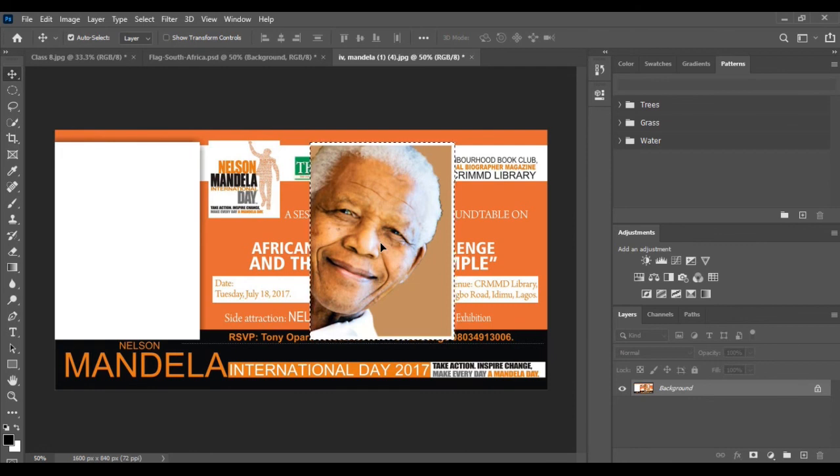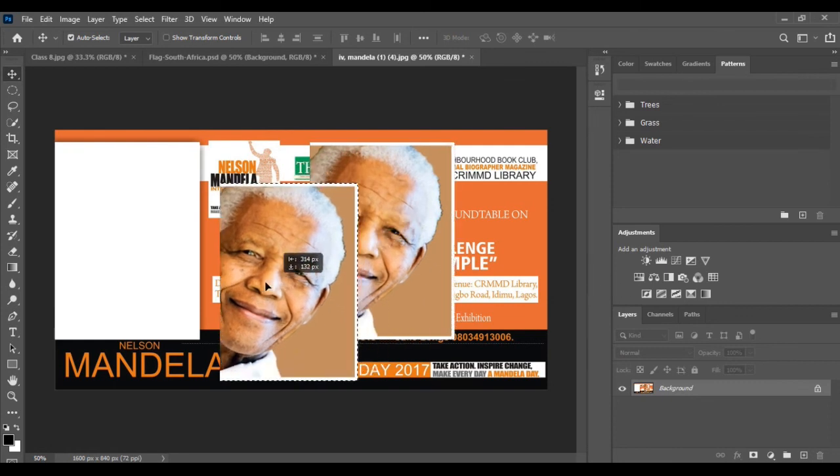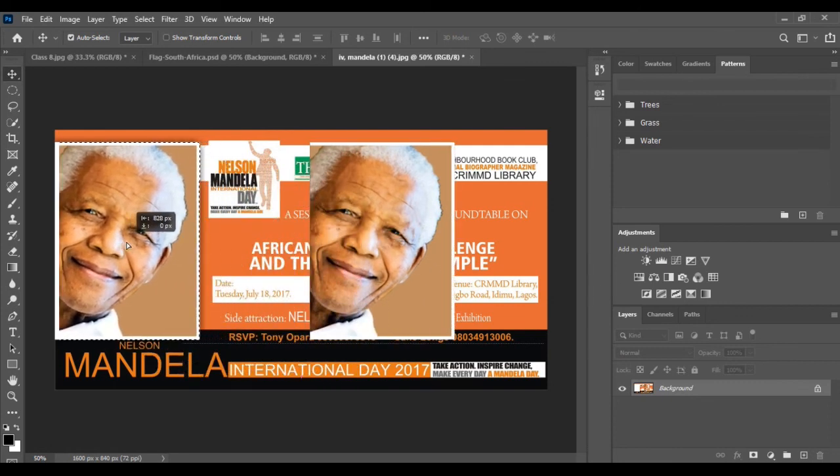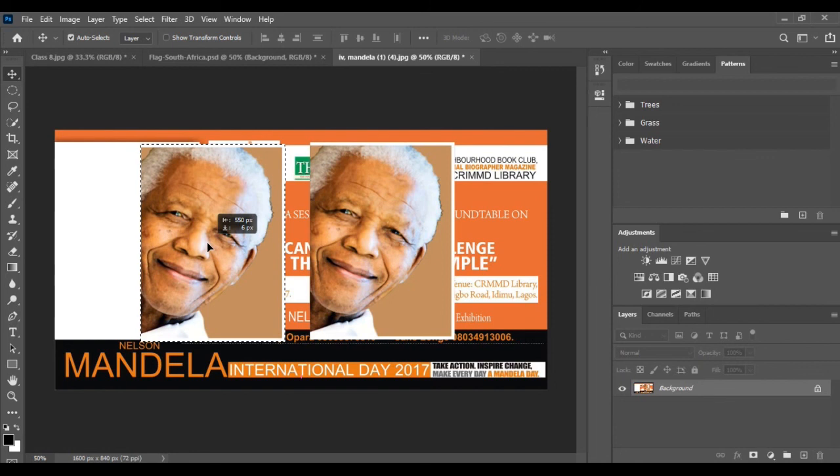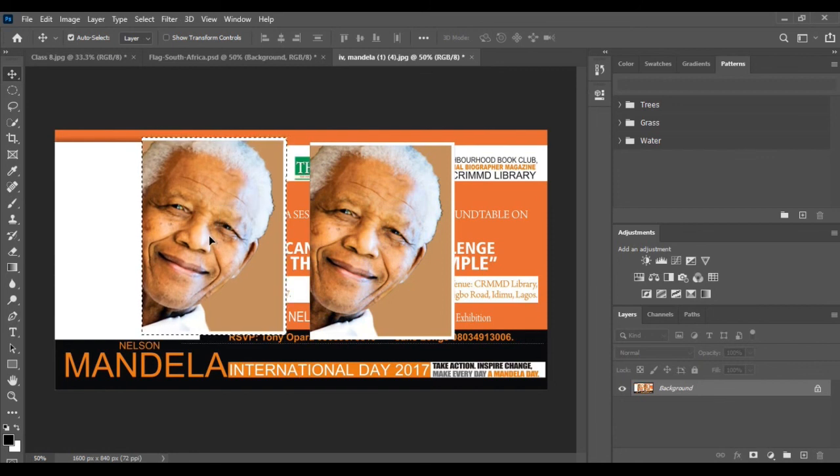To paste the selection, release the mouse button. So in this way, you can create a copy of the image. You can also use the shortcut key Ctrl C for copy and Ctrl V to paste the image.